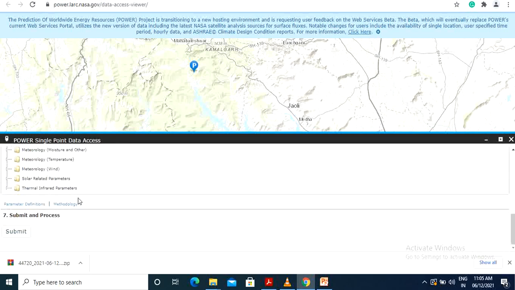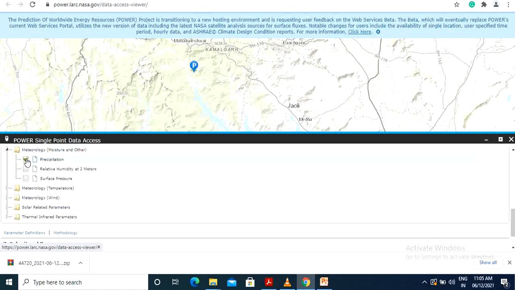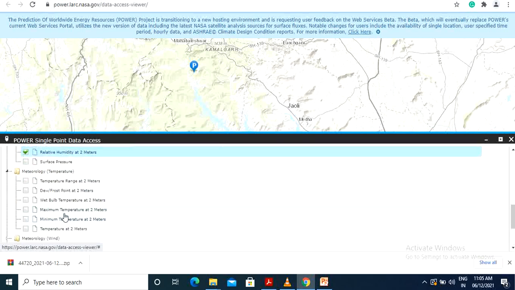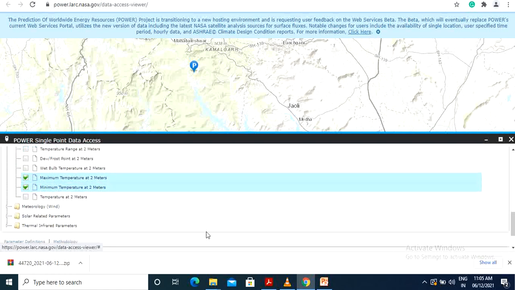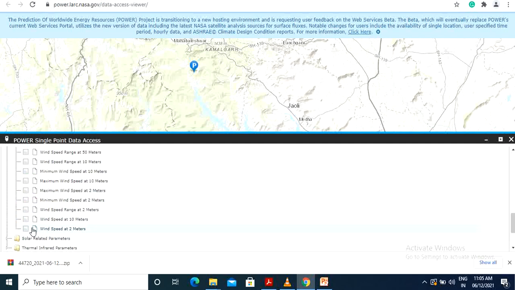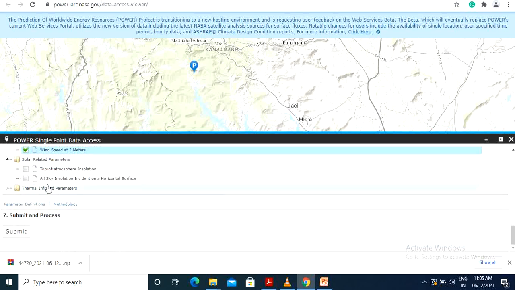Generally we require meteorological parameters, so click on this: precipitation, relative humidity, then in temperature, maximum temperature at 2 meters, minimum temperature at 2 meters, then wind speed at 2 meters. In solar radiation we require all sky insolation, and then submit.